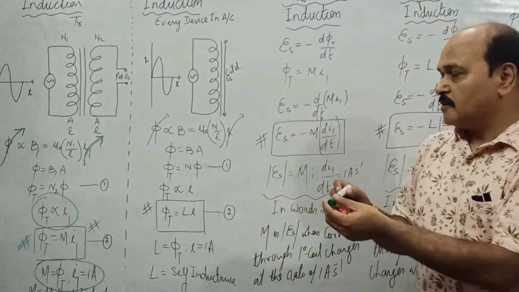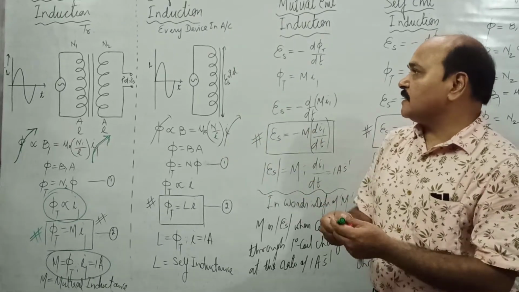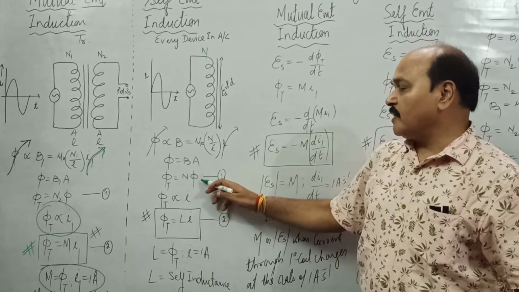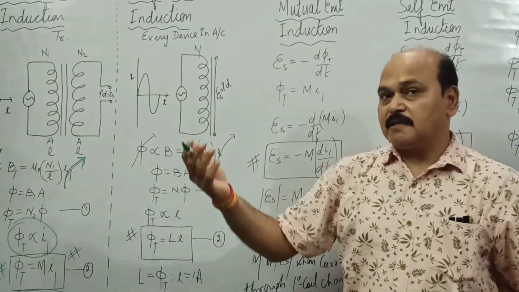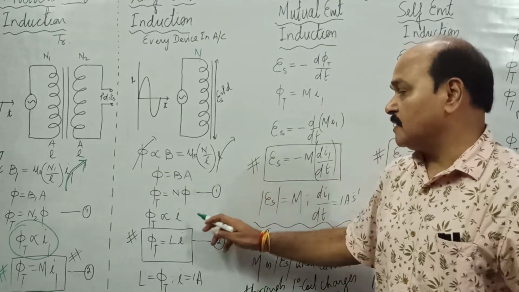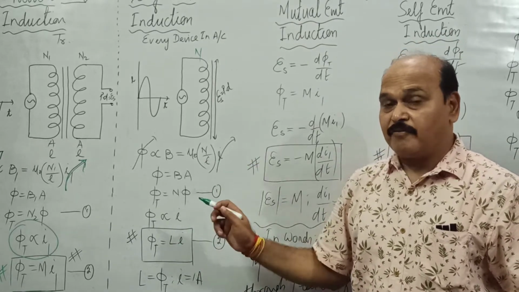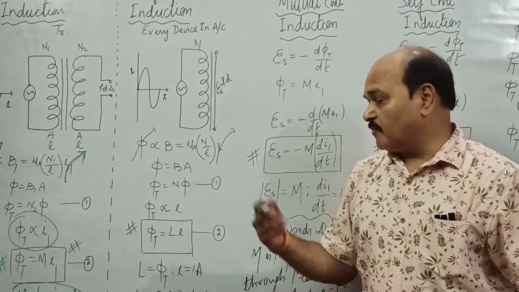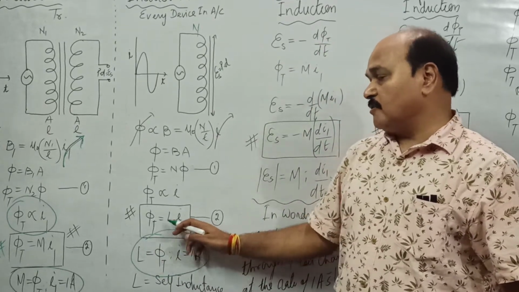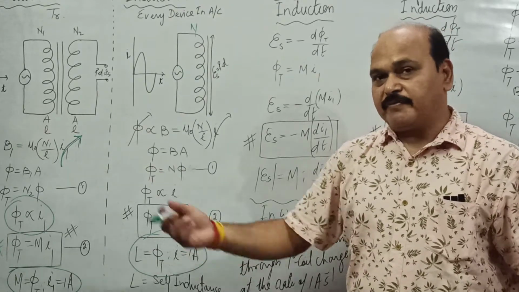Exactly in the same way here also, phi happens to be the flux passing through one turn of the coil. And if N number of turns are there, therefore total flux is going to be what? N phi. And this total flux passing through the coil at any instant is directly proportional to the current passing through the coil at that instant. Phi is proportional to I. If we remove sign of proportionality, we get a constant, and this constant is called as self-inductance of the coil or coefficient of self-induction. And it is also defined exactly the same way. See, L is equal to N phi when I is equal to 1 ampere. If we write this in words, we have definition of L.